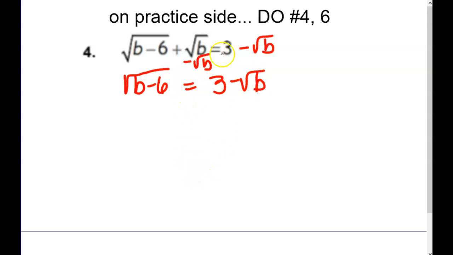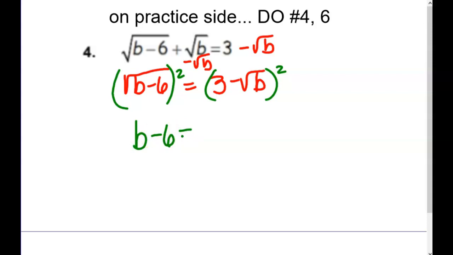Okay, now we're going to square both sides. Which one of those is easy? Left side or right side? Left side, because it's all in the radical, so it all just squares, and the square takes care of the square root, and we get b minus 6. Okay, on the right, it's not too bad,